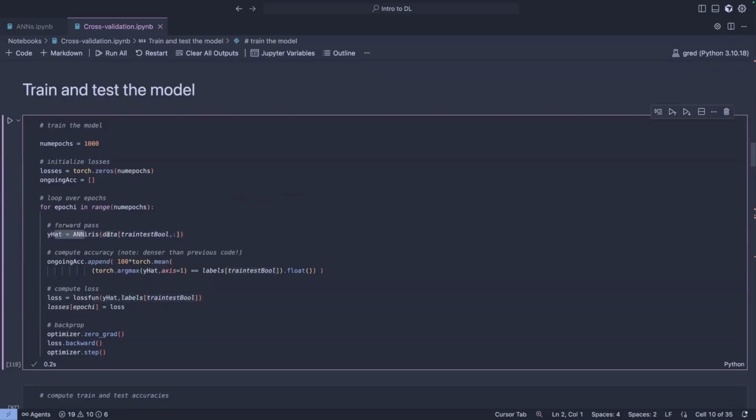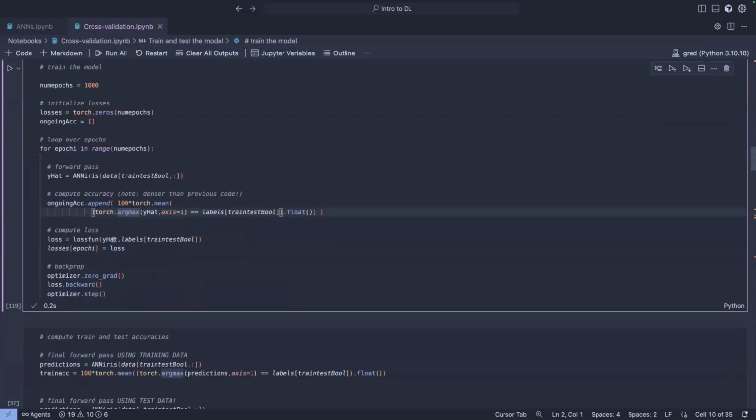We're passing the training data to y hat. Then we compute the accuracy. You could basically calculate the loss and then append it here. I don't know why I did it this way, but the idea is that with every epoch, we're trying to save the loss so that we can visualize it later.